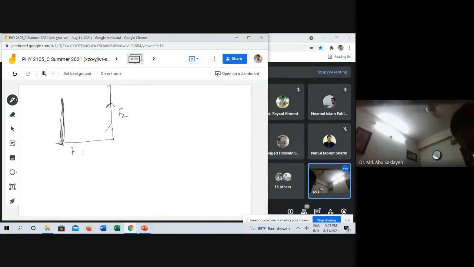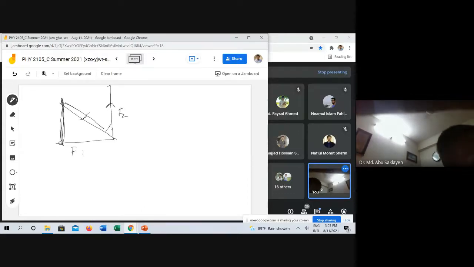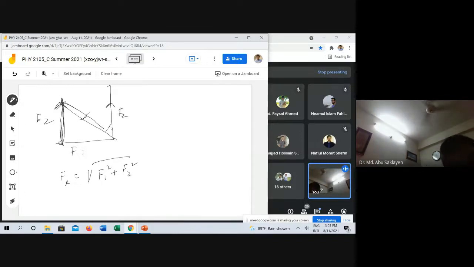তারপরে এটাকে অ্যাড করে দাও। তাহলে তোমার দরকার হলো এই হাইপোটেনাস। এটা হলো f2। Do you understand? This is f2. তার মানে তুমি পাবা যে f resultant equal to root over f1 square plus f2 square। এখন ডিরেকশন। এটা হলো ম্যাগনিটিউড, এটা কিন্তু ডিরেকশন না। ম্যাগনিটিউড অফ এফ রেজাল্টেন্ট।